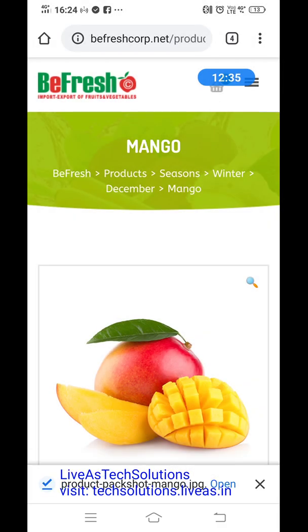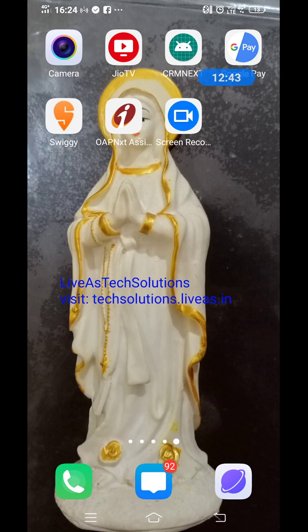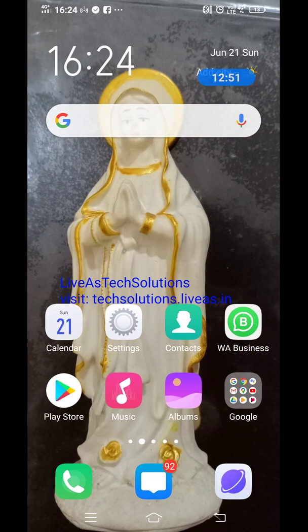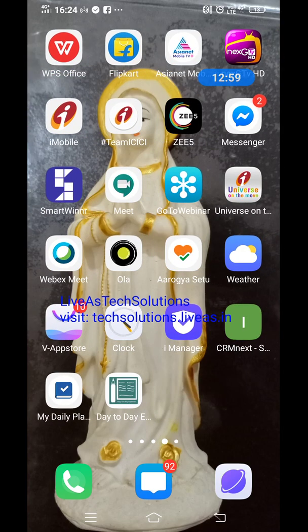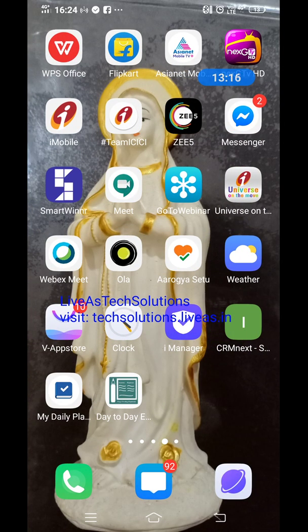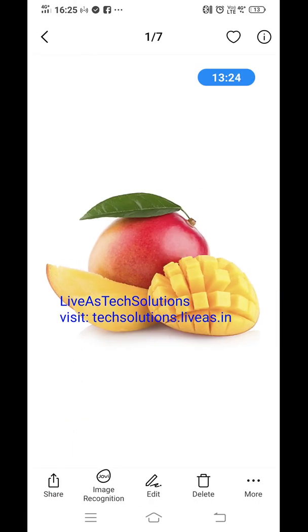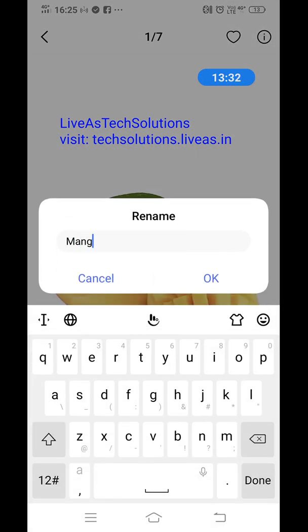Download the image. Take the file manager, rename it. You should have the same name, mango.